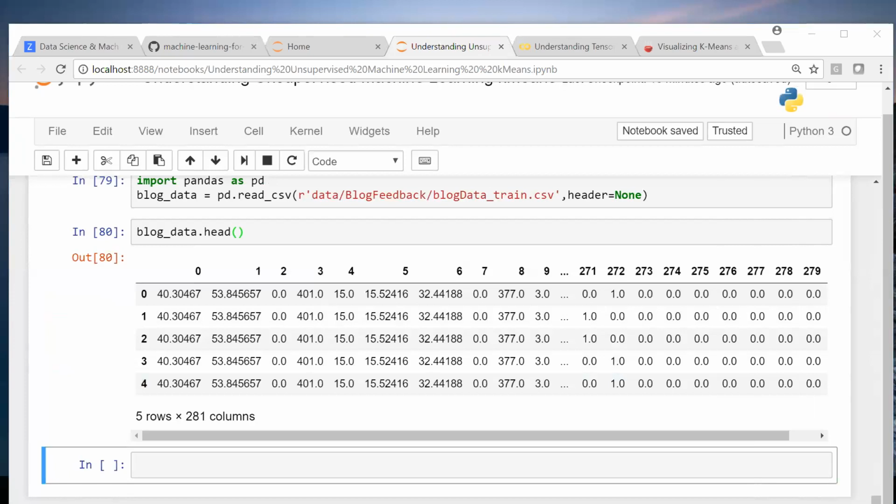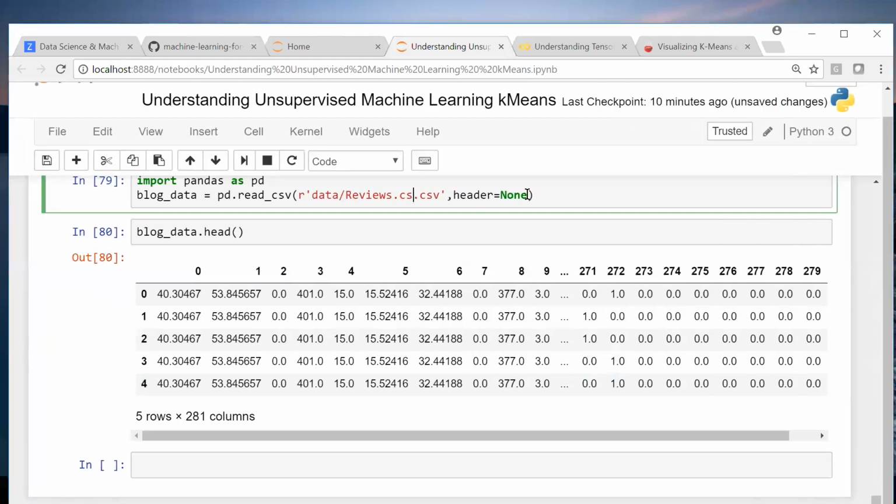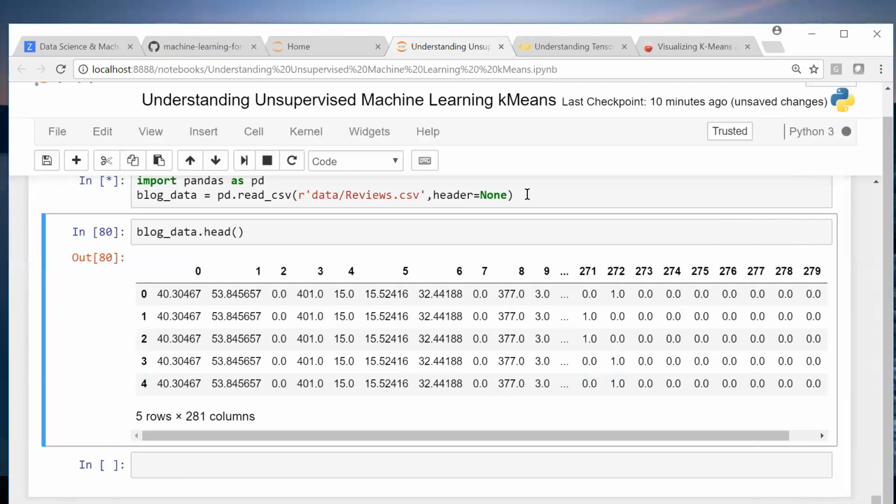Reviews.csv. Yeah, I've copied another file. This is also a huge file, actually. 286 MB. 281 columns.